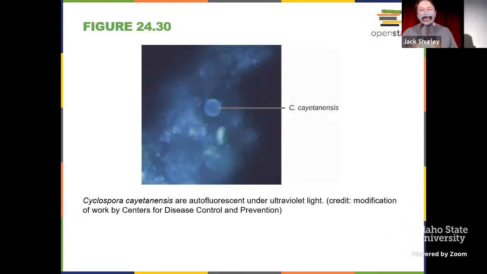Cyclospora cayetanensis is a parasite that I would say is relatively newly recognized as a human pathogen. That doesn't mean that it's just barely started to infect us, but we've relatively recently recognized this potential, right? And developing tests to diagnose it, all of these things are really very recent, all right? This is a pretty common parasite.